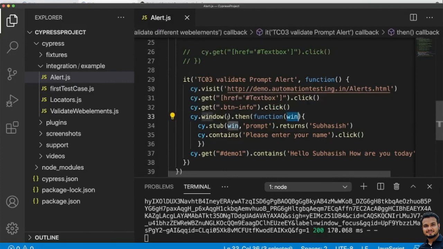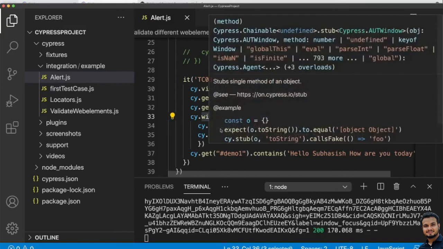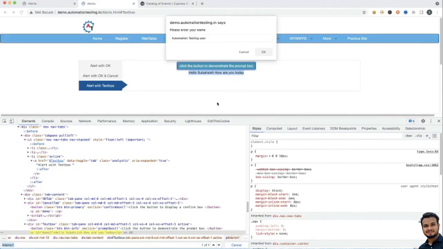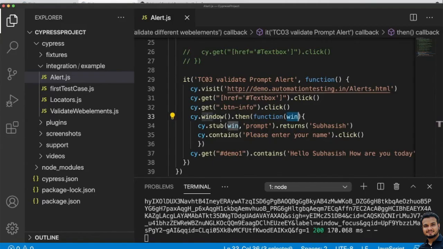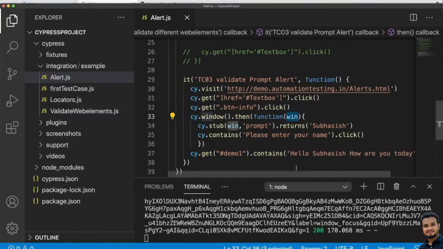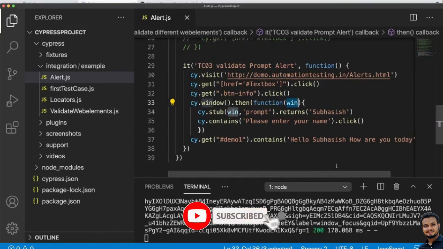In that variable we used cy.stub, and then we checked this prompt. First we entered the value we want to enter, then we validated what the alert contains, please enter your name, and then finally we validated what message it gave after entering this and clicking on OK. So that's what we have verified.